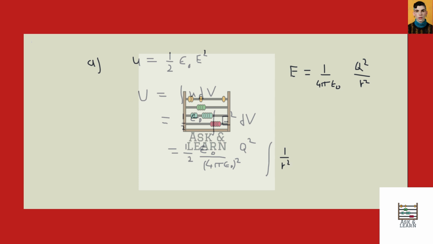Now we will use the spherical coordinate to integrate this equation. So this will be dr times 4 pi. I am integrating over all the angles, that is theta and phi, to be 4 pi. Now limits here should be r naught to infinity, because in spherical conductor capacitor the other plate is assumed to be at the distance infinity. Now if you perform this integral, you will get